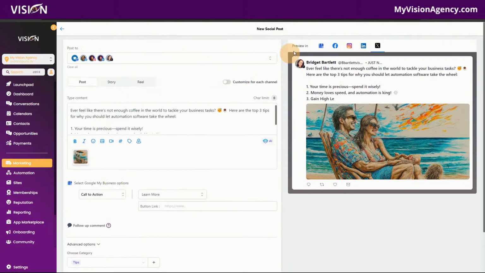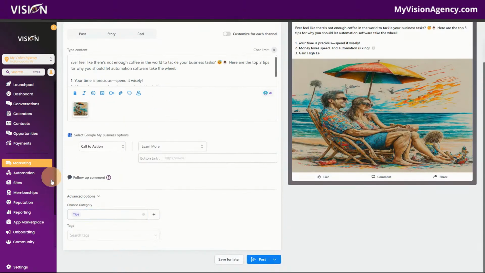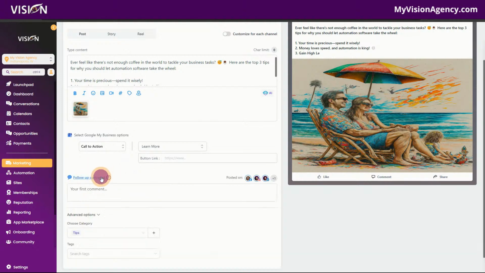Okay. If you go to Facebook, you'll see here that we have Facebook pages, Instagram business accounts, LinkedIn profiles and pages, and X or Twitter profiles. You'll see that we have the option here to post a follow up comment. If you click there on those specific platforms, when it does post, it will actually post the first